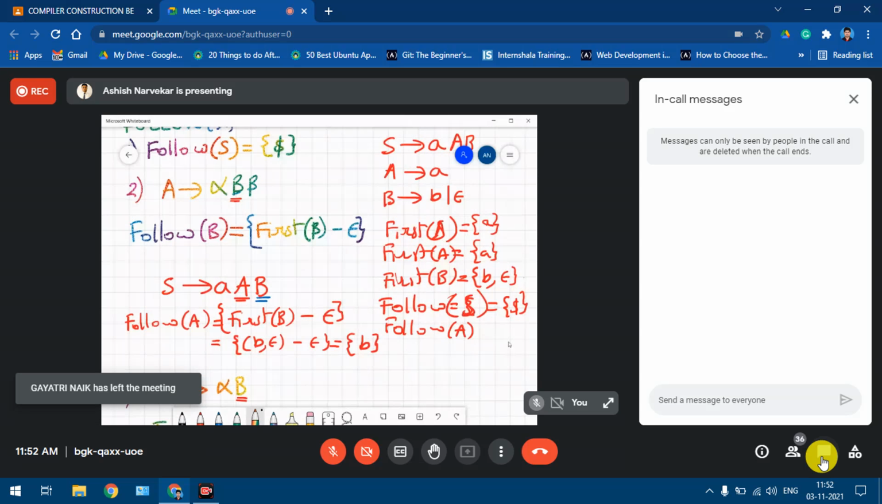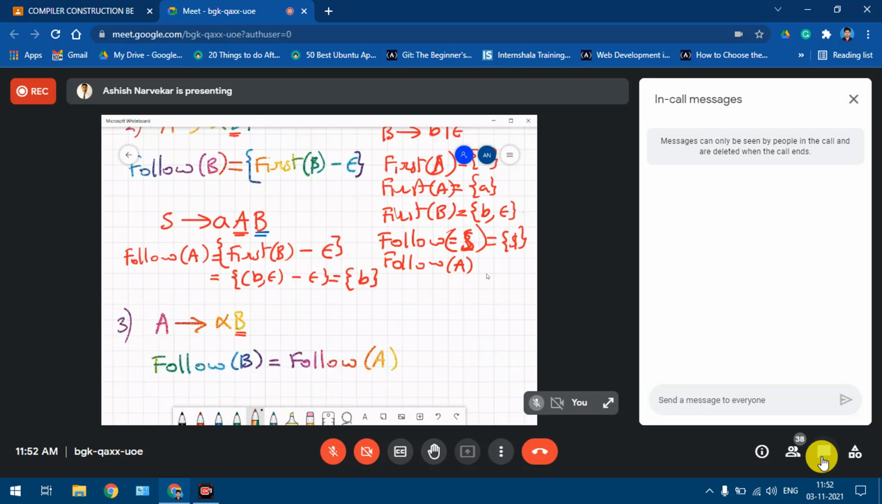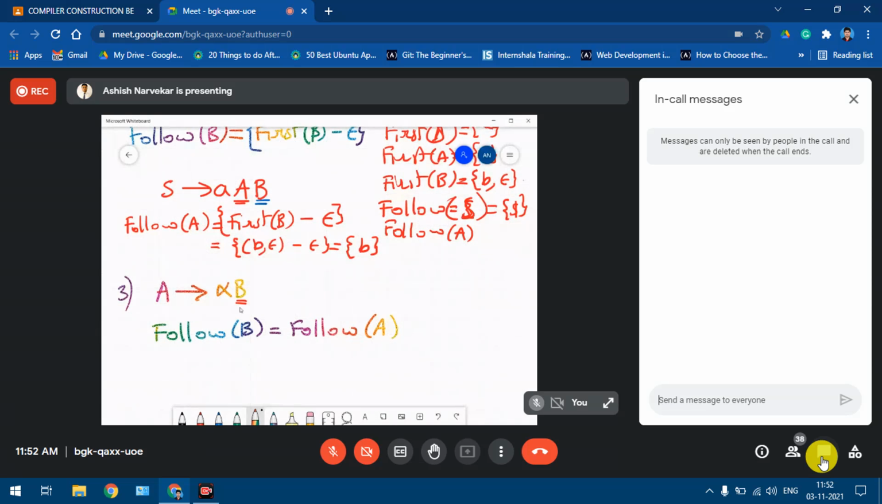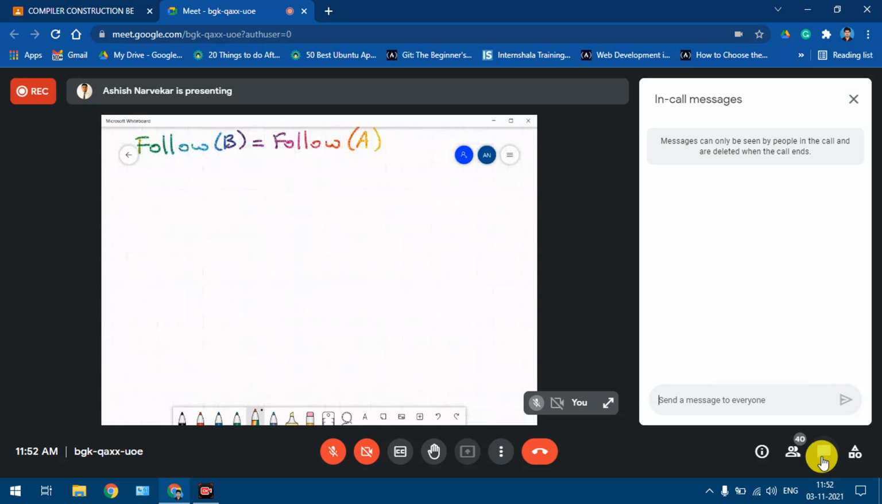Follow of the start symbol will always contain a dollar, even if it does not appear anywhere in the right hand side. Follow of capital B in a production of this particular form, A derives alpha B beta, will be equal to the first of beta minus epsilon. And lastly, follow of B in a production of the type A derives alpha B will be equal to the follow of A. Okay, so I believe that you all do remember finding the first sets because that is required as a prerequisite over here. So to begin with,